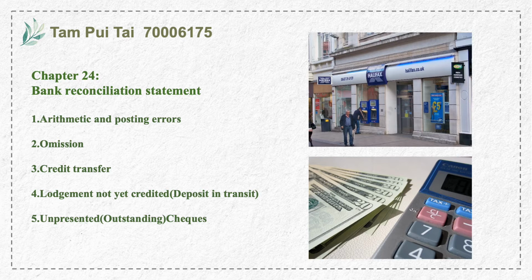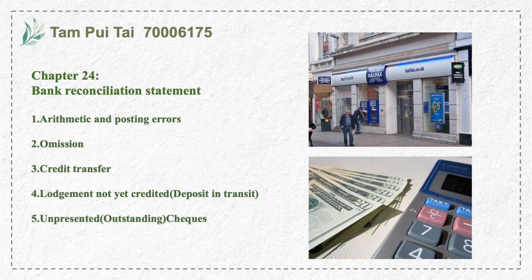For example, human error in the cash book, so we need to rectify the wrong account in the cash book. Number 2, omission. For example, a dishonoured cheque refers to a cheque received from a debtor rejected by the bank, or a cheque issued to a creditor rejected by the bank. Number 3, credit transfer, which is a direct credit resulting in money from a third party being transferred into the firm's bank account